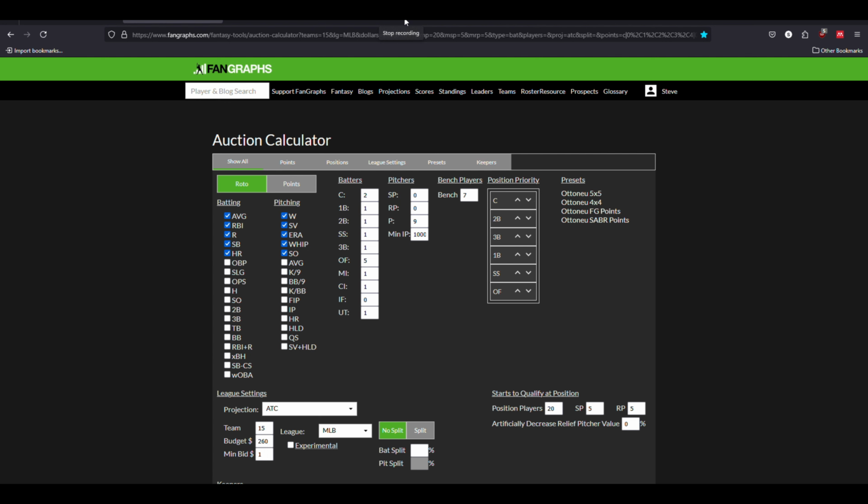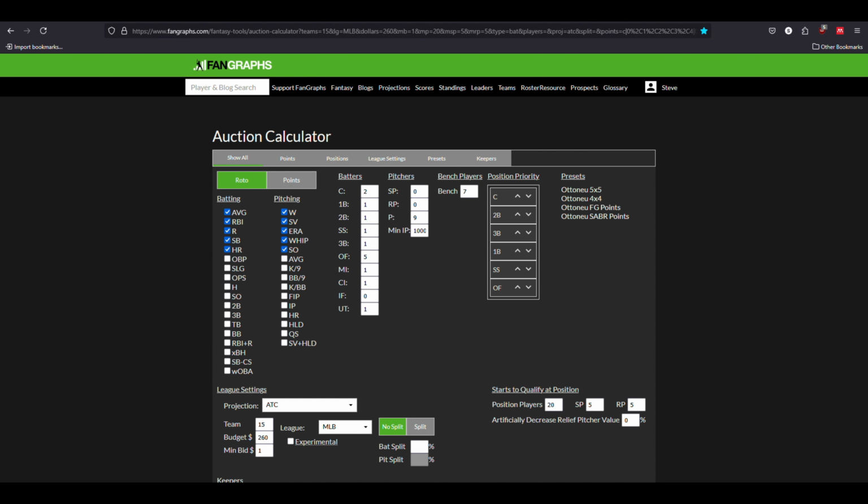I've linked the Fangraphs auction calculator in the video description, so check that out if you want to take a look yourself. Simply put, the auction calculator is going to allow you to import your league settings, pick a projection system, and then generate a set of dollar values or ADP rankings for all players based on your specific league